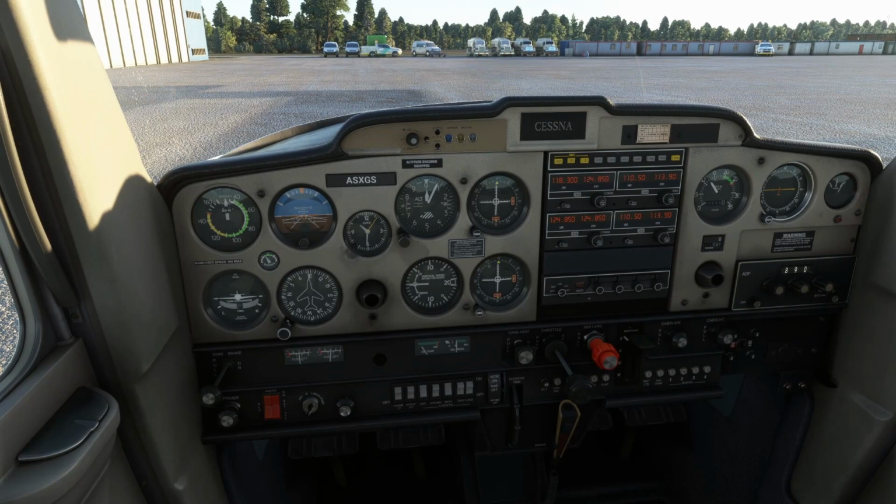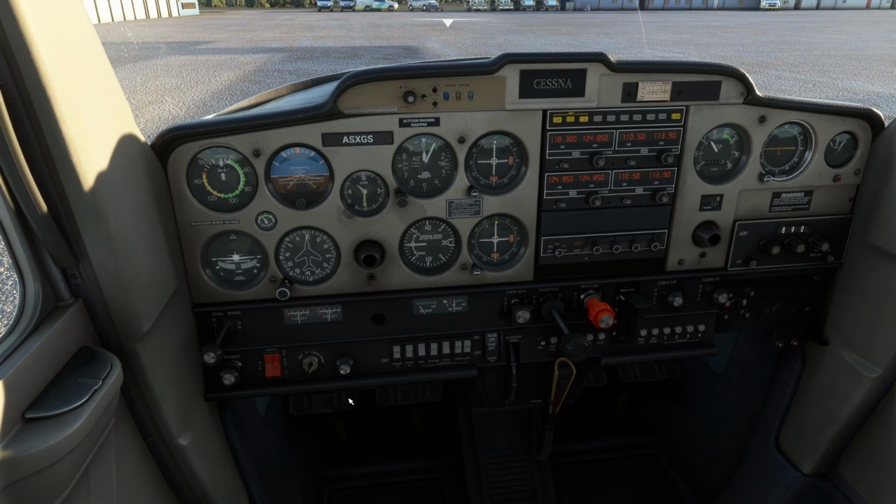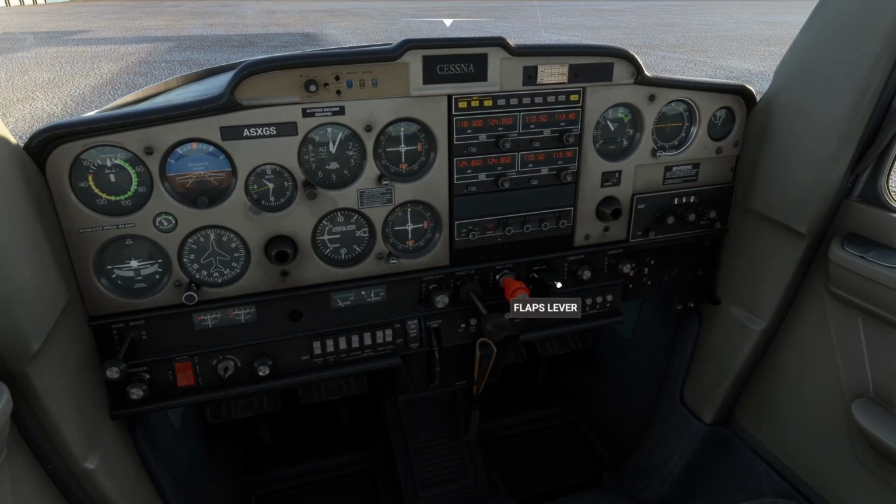So we'll just go through our after engine start checklist to make sure we've done everything properly. RPM set to 1200, that's close enough. Start warning light is out. Oil pressure is within limits. Ammeter is indicating a charge. Mags, we can check our mags, so go to left and then right, so no cut. Back to both. Flaps, we check that they're up, and then we can check that they're in symmetry, so